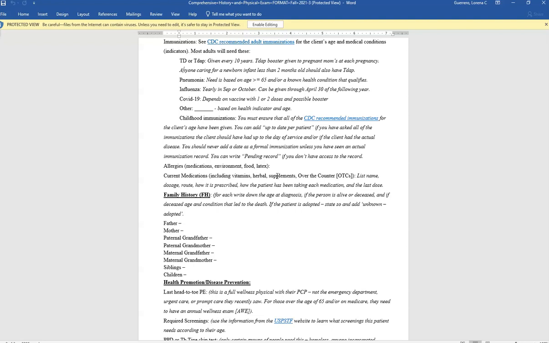How was it prescribed? So this would be on the actual bottle or whatever that you're looking at. This is how the practitioner who wrote that medication prescribed it. And then you are writing